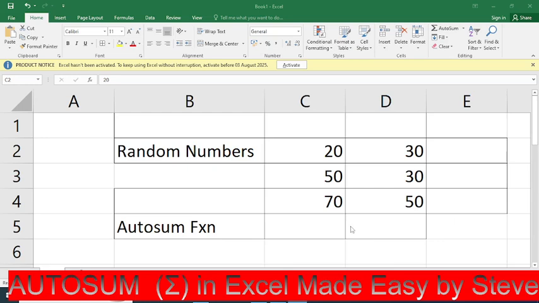Hello guys, I'm back with another tutorial, also in Microsoft Excel, and today I have something interesting for you, because many of you have been wondering what to do if you have so many numbers, so many columns with values, and you need to do an Autosum